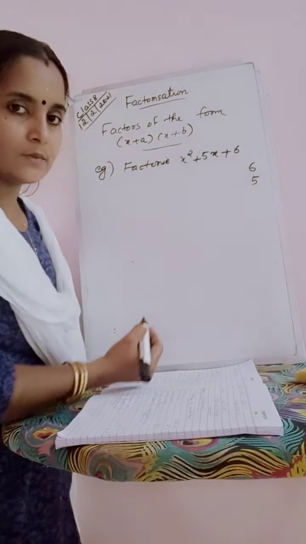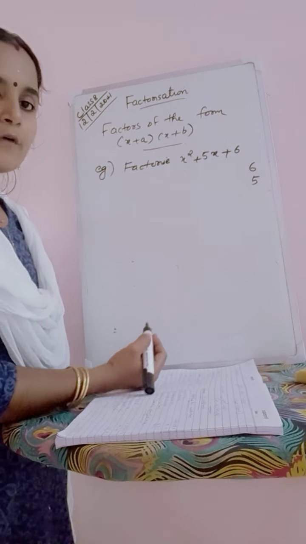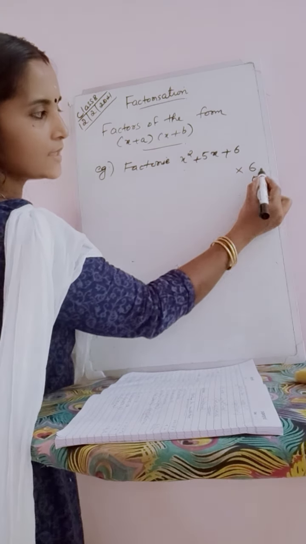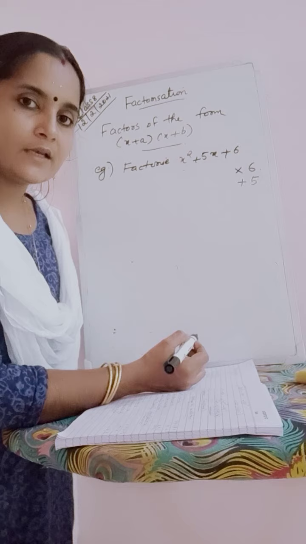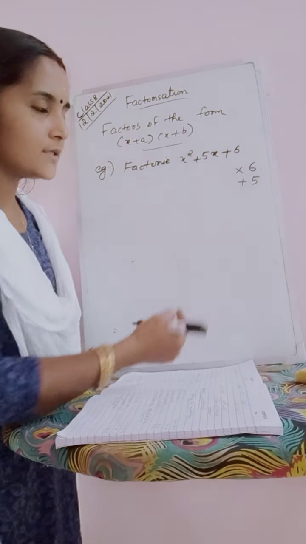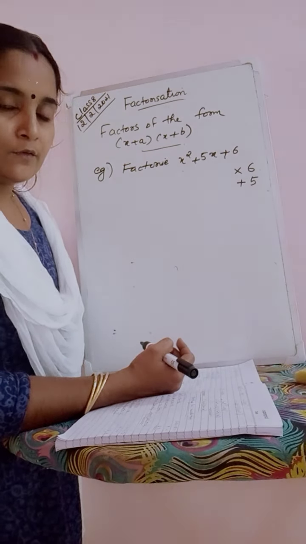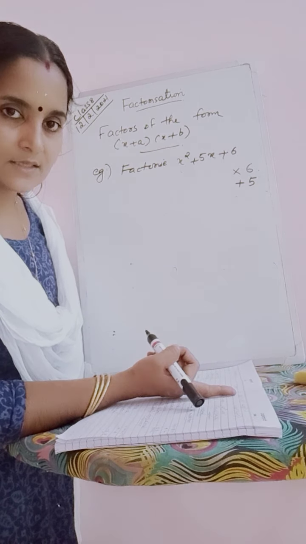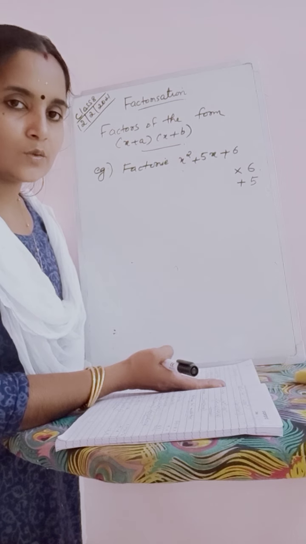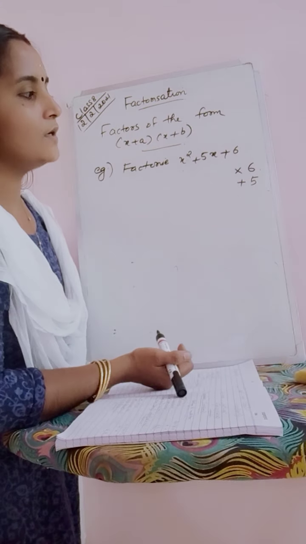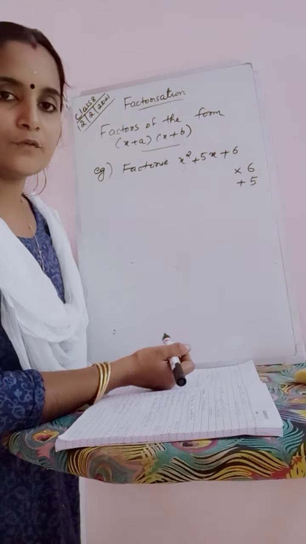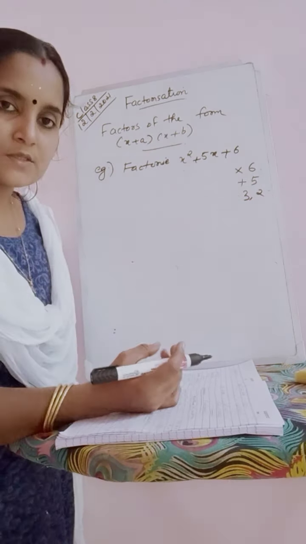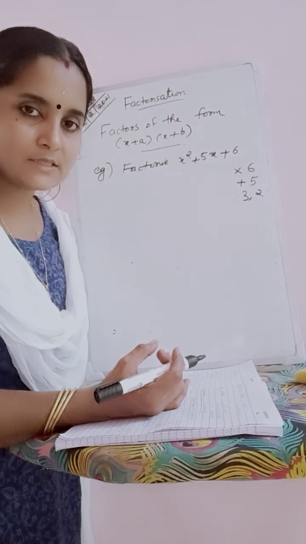Thus we choose two numbers. Then you find out two numbers whose product is 6 and sum is 5. Can you say which are the two numbers? First you find out which two numbers give the product 6. 3 2s are 6, 1 6 is 6. These are the two cases. In these, which one gives the sum 5? Clearly 3 and 2, because 3 2s are 6 and 3 plus 2 is 5.